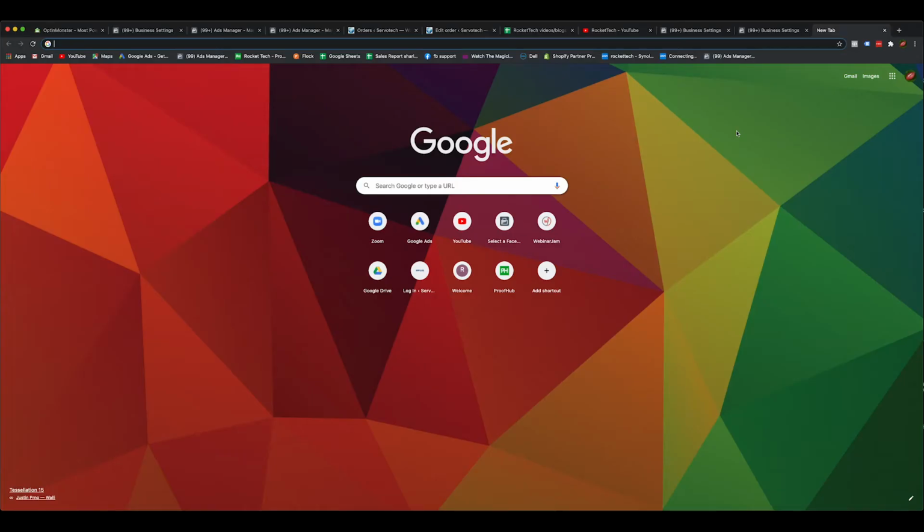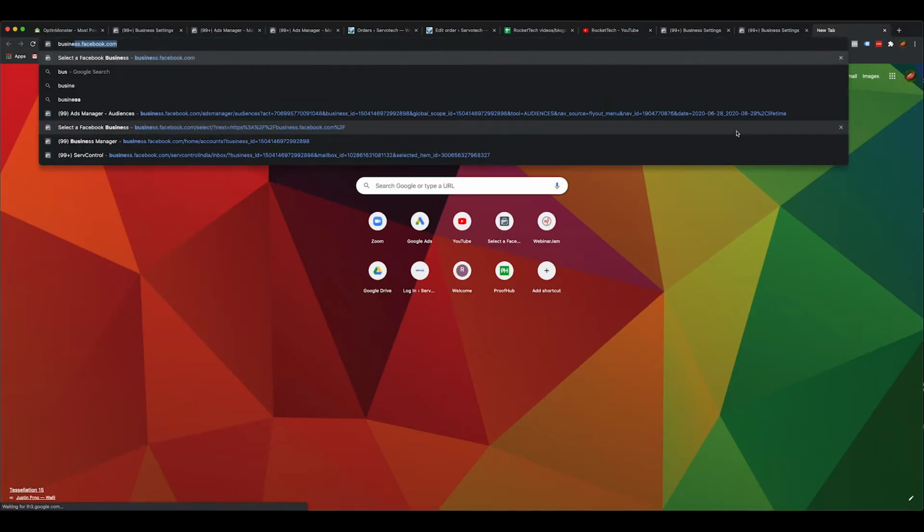So here we are in front of my screen and let's open Business Manager through business.facebook.com. If you do not have a business manager for yourself, you need to get one because that's the most important asset. Go to business manager for all your assets management or your ads management. If you have multiple people in your team, they can manage all the pages. For example, I've got like 40 odd pages of my clients and my own, and I've got 6 people managing those pages, one of them being me.